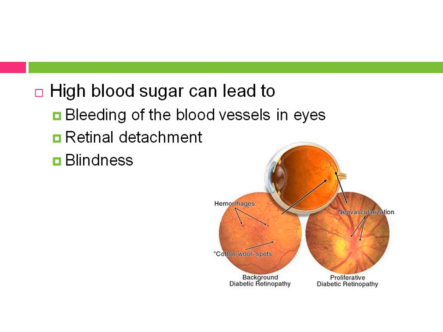but often we see it because of the complications which arise due to diabetes when the sugars are not under control. And that's the main focus of treating all these people with diabetes, to keep the numbers under control. So most of us know that it affects your eyes. When the high blood sugar can lead to bleeding of the blood vessels in the eye, what we call a retinal hemorrhage. The retina can get detached, and if this hemorrhage happens in a single central spot,